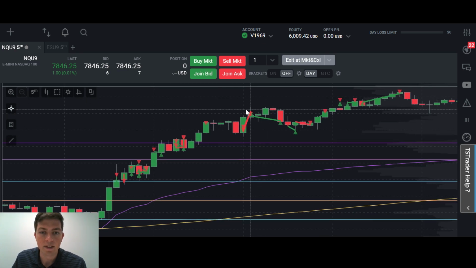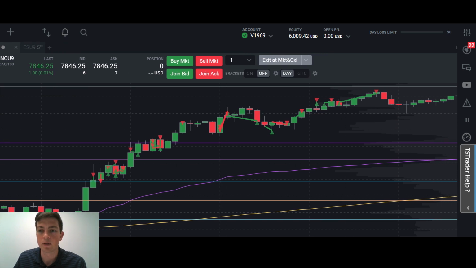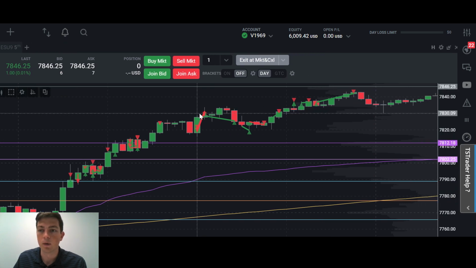This was the biggest mistake of the day. I didn't have a tight enough stop for how many contracts I had averaged in at. So really, this is only like a 10-point move or so. Let's see if I can scroll over here. So yeah, it was about a 10-point move, but I was way over leveraged, I guess you could say, for